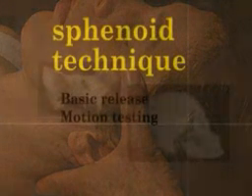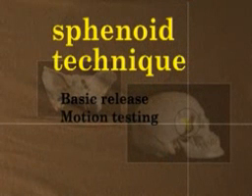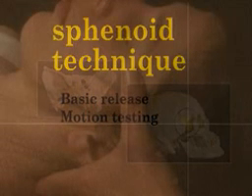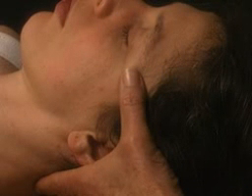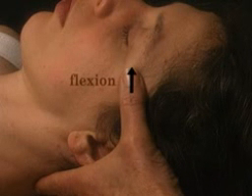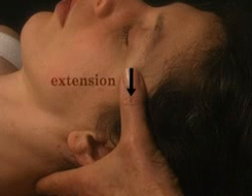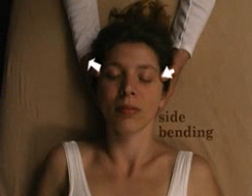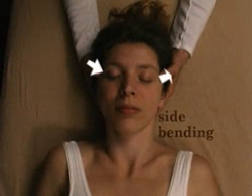The next step is to evaluate for specific motion in the sphenoid bone by encouraging motion in the following directions: flexion, extension, side bending, torsion,